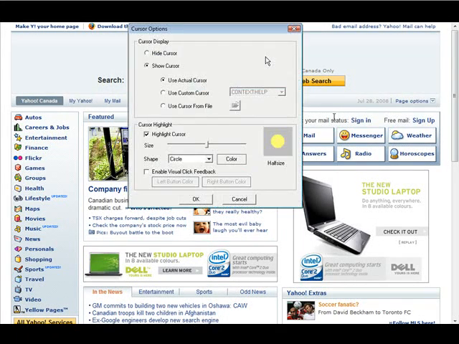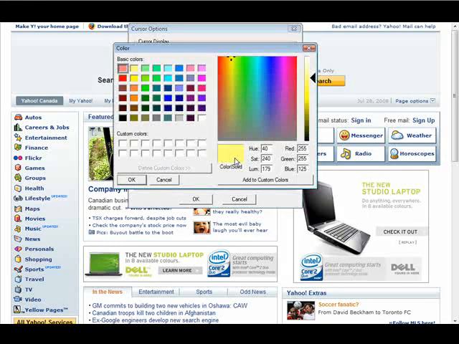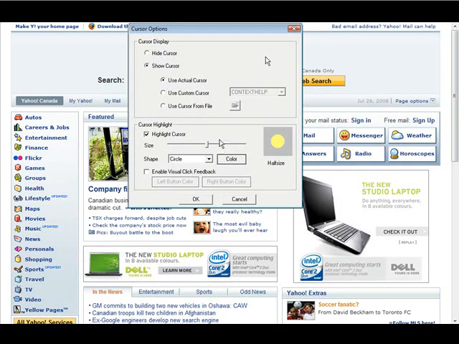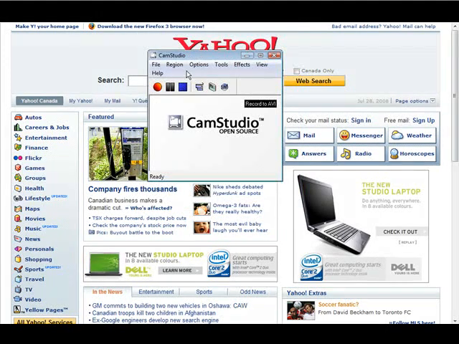Next, cursor options. In here you can either hide your cursor during your recording, or you can show your cursor, you can set the size of the cursor, and you can set the style of your cursor over here. So you can give it a shape if you want, like so, and then it'll show up a little easier. And of course you can set the color in here. If you don't want to use that, just turn off the highlight. Okay. And once we're done there,